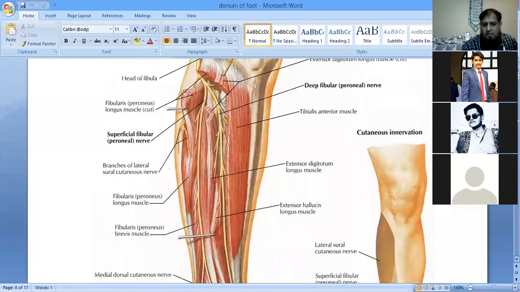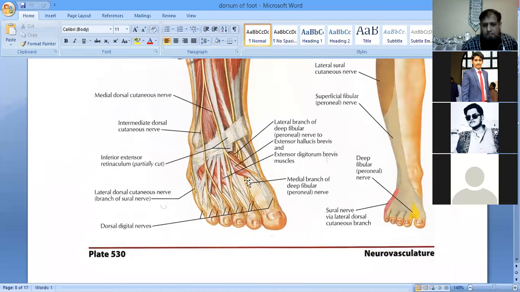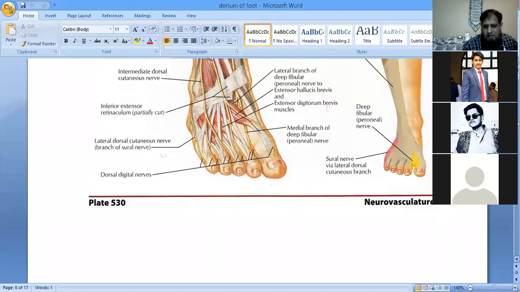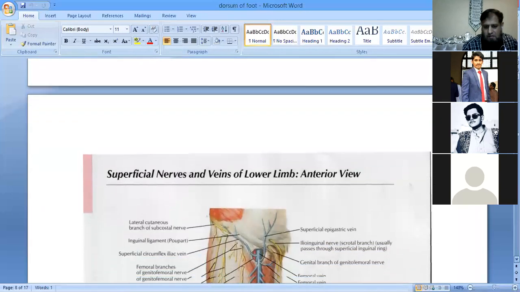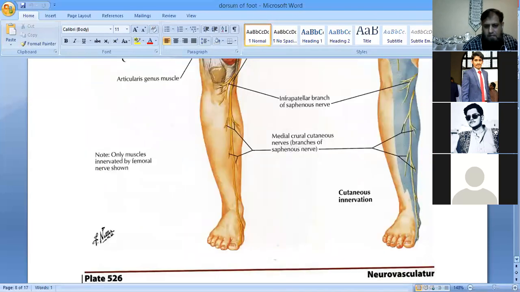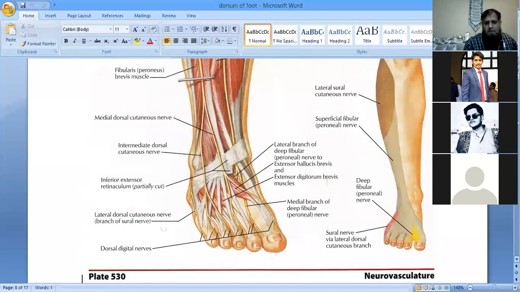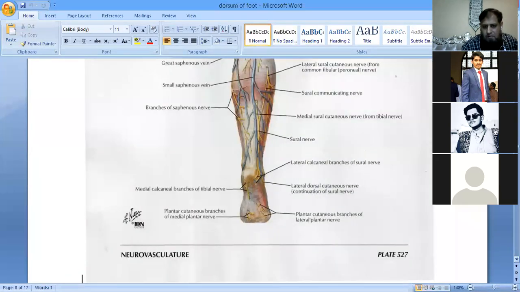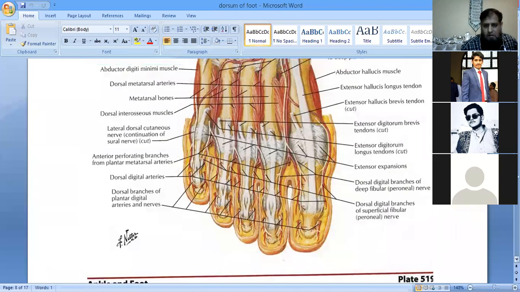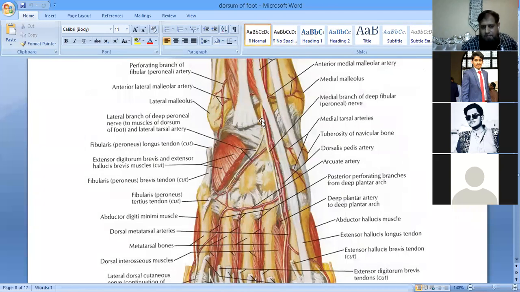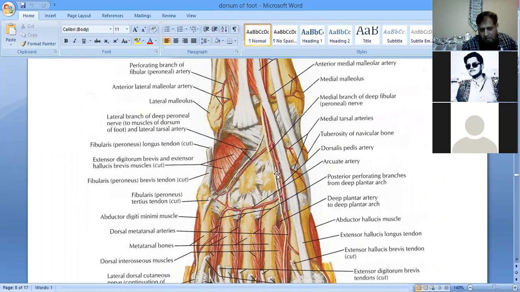अभी आपने पूछा जी डीप पेरोनियल नर्व की जो ब्रांचेस हैं जी, ठीक है, okay, deep peroneal nerve, I told you it's going to give the two branches, the medial branch and the lateral branch, ठीक है, okay, मैं आपको एक और पिक्चर दिखाता हूँ, उसमें ज्यादा क्लियर है, I'm just going to show you which picture. okay जी, now here you can see this is a deep peroneal nerve, right, ठीक है, and it is going to give the two branches, the medial one and the lateral one, ठीक है, medial branch it is going towards the first cleft, ठीक है जी, between the big toe and the second toe, and the lateral branch it is